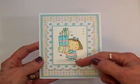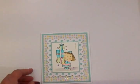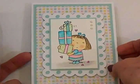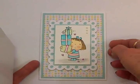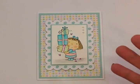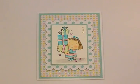Now, because I had all the bling on there, I used some cardstock with some bling on it as well. Let me get that over here and tell you about this card. I'm going to zoom you in a little bit. Maybe you can see that Wink of Stella better. But I'm going to do another card and show you guys how I use the Wink of Stella and the water brush to do these. I am just so happy with the way this turned out. If you had seen my other attempts, you would have said, Mary, forget watercoloring. You can't do it. You just can't. But I think anybody can do it with these